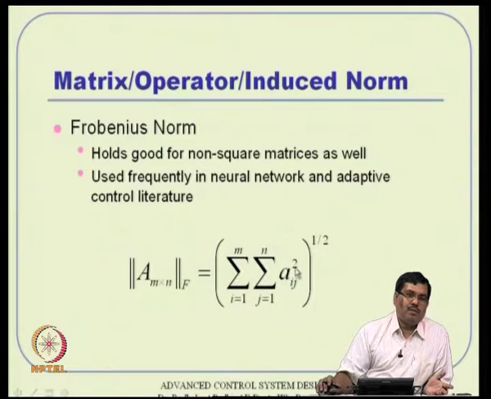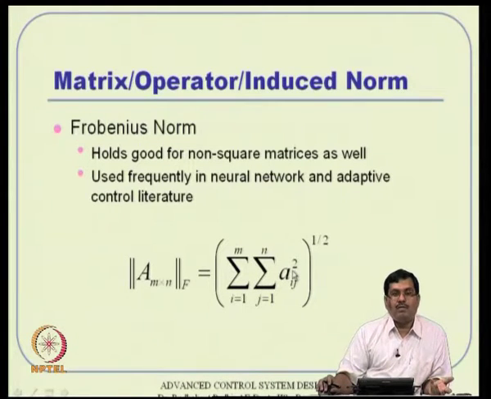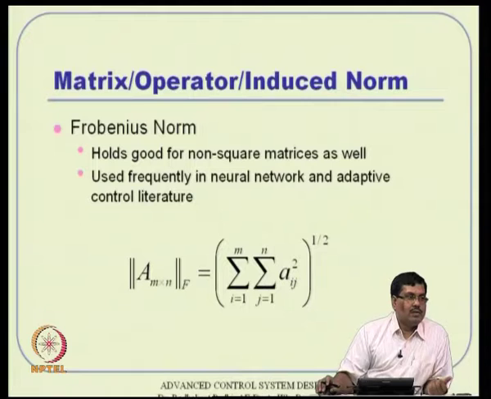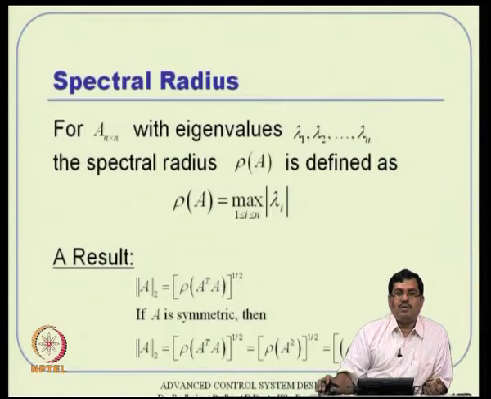We will see some of the adaptive control, because you really do not want any of the weights in the matrix to go unbounded. Okay, this will satisfy certain nice properties. Now, the next concept is called the spectral radius. Okay. So, the spectral radius is nothing but